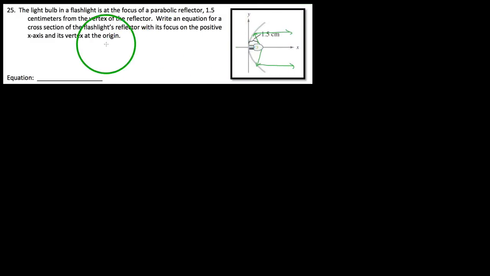And so looking at the situation here, it says the light bulb in a flashlight is at the focus of a parabolic reflector 1.5 centimeters from the vertex of the reflector. It asks us to write an equation for the cross-section of the flashlight's reflector with its focus on the positive x-axis and its vertex at the origin. So we want our focus located on the positive x-axis and the vertex at the origin. I suppose that you can see that they've already drawn this in here to model the flashlight, but